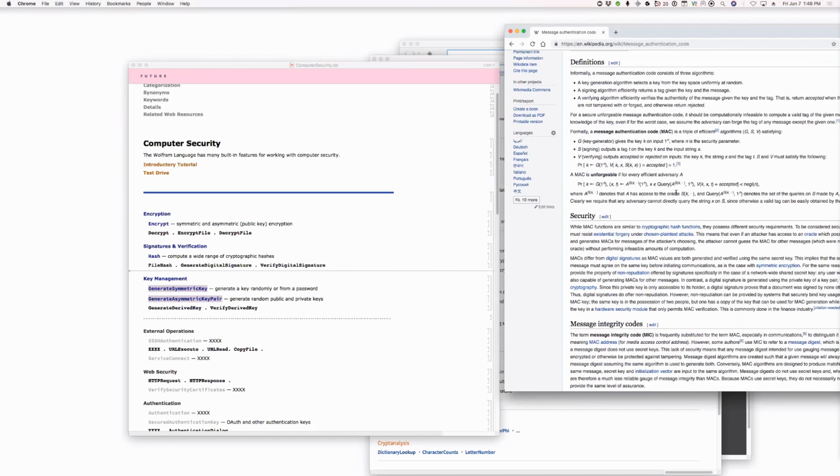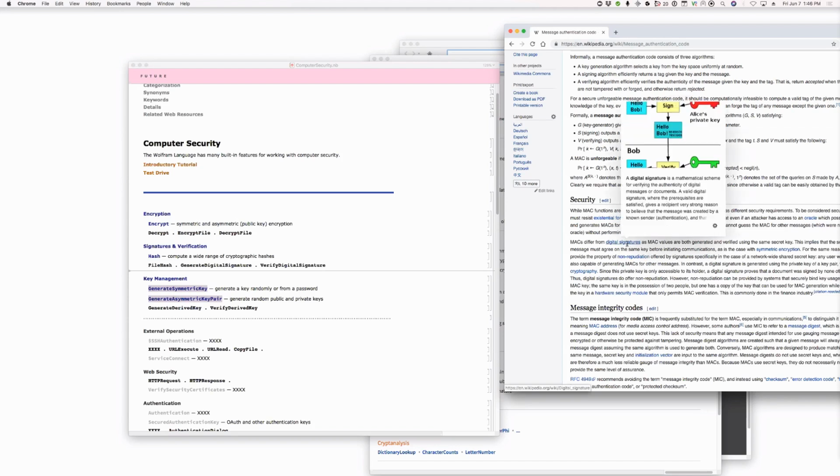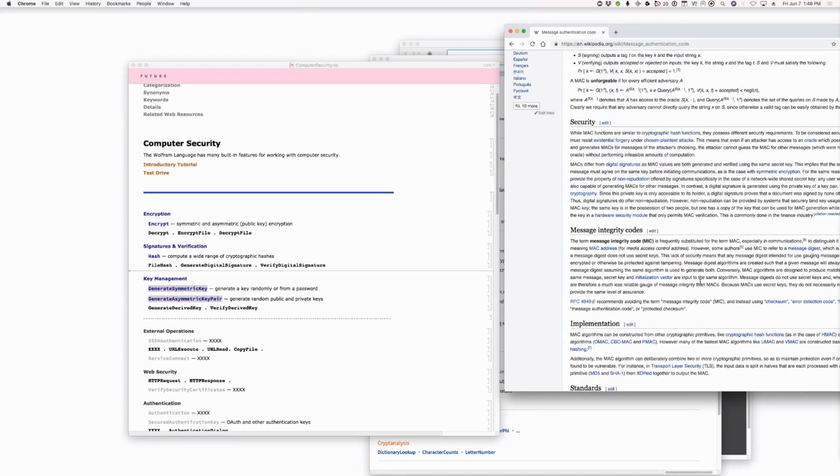Like we have generate symmetric key based on a password. We have generate derived key based on your password, and those you use for encrypting. Right. So one point here is that the keywords on these pages need to include things that allow people to find it. I mean, if we do have this in some way, then they need to be able to find it by